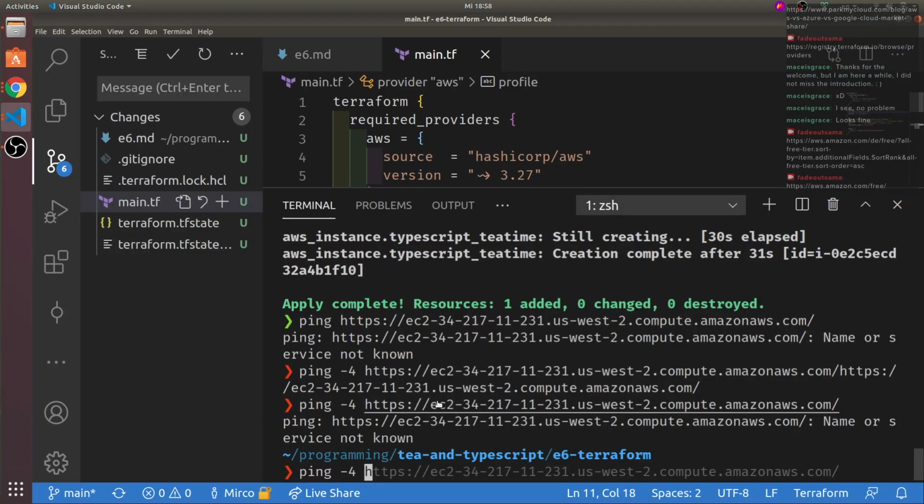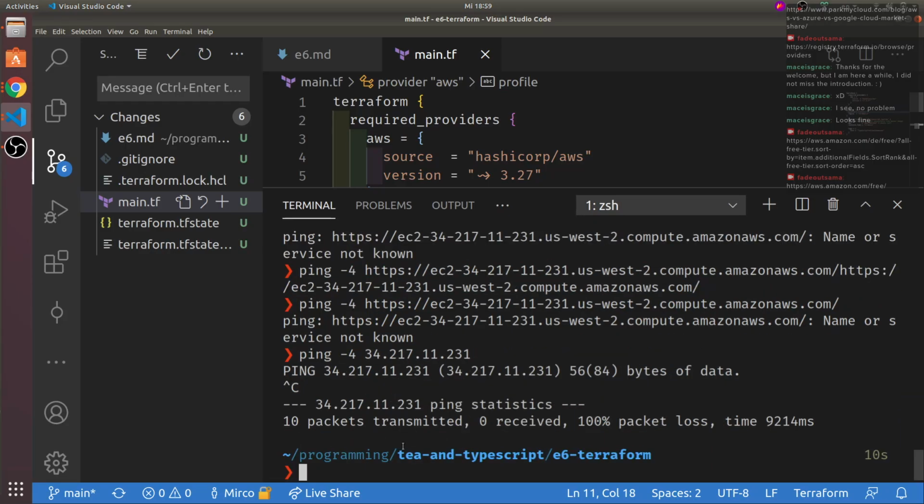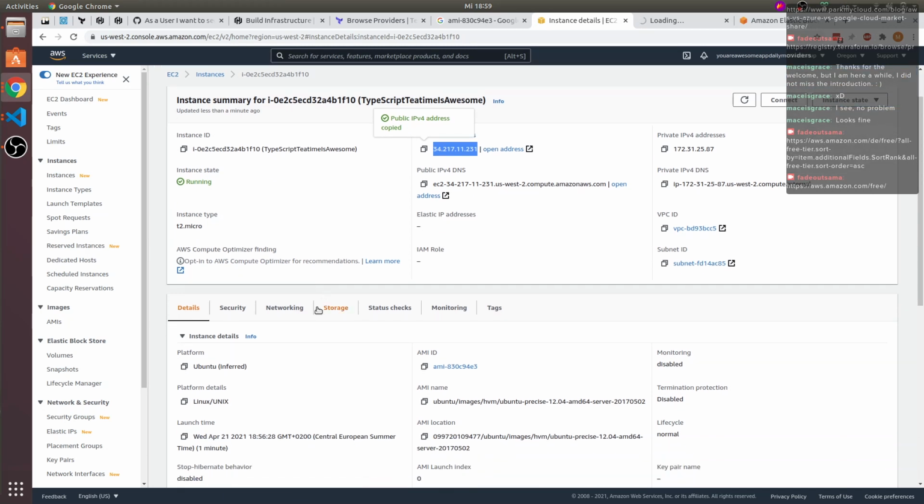Ping -4. No, it doesn't. Okay. Yeah. So it's not yet reachable. Some more configuration would probably be necessary to do that.